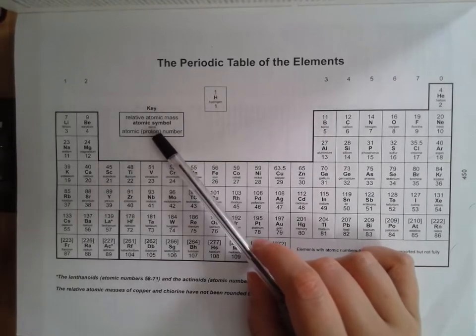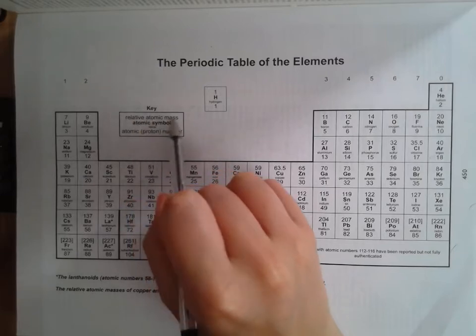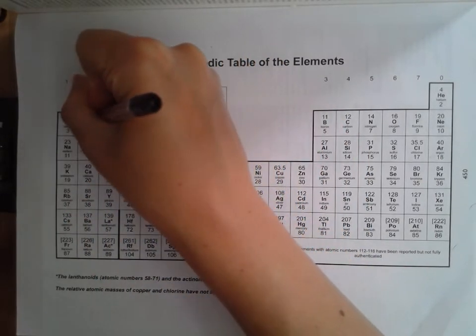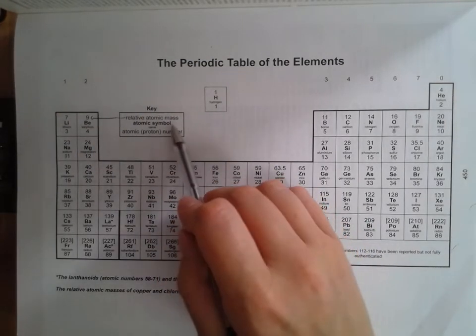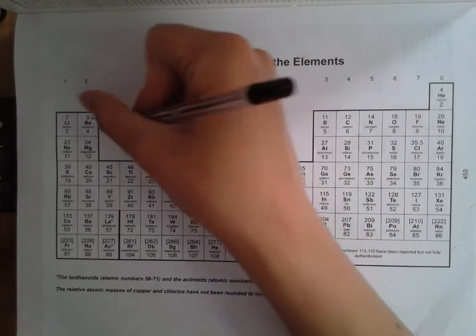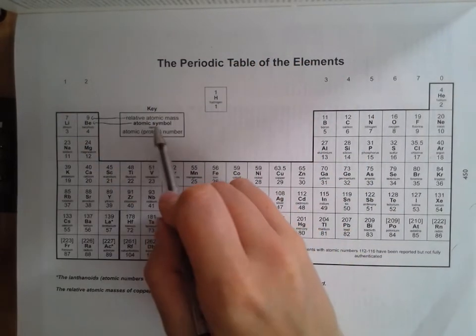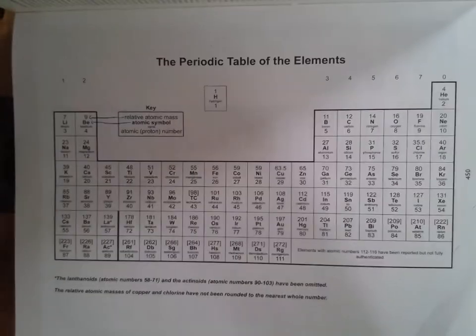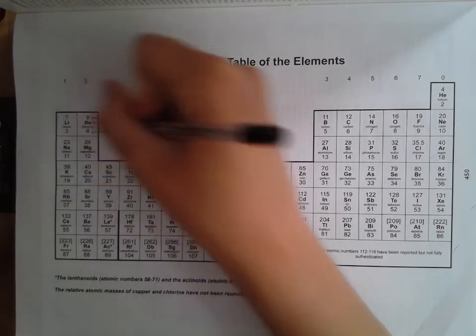It tells you how to read your periodic table. And it tells you that the relative atomic mass is at the top, okay? So that's telling me that this number here on beryllium is the relative atomic mass. The next thing is the atomic symbol. So the atomic symbol for beryllium is going to be Be. The next thing is the name. So again, it tells me that the name is beryllium. And then it tells me that this number at the very bottom is the atomic number, which tells you the